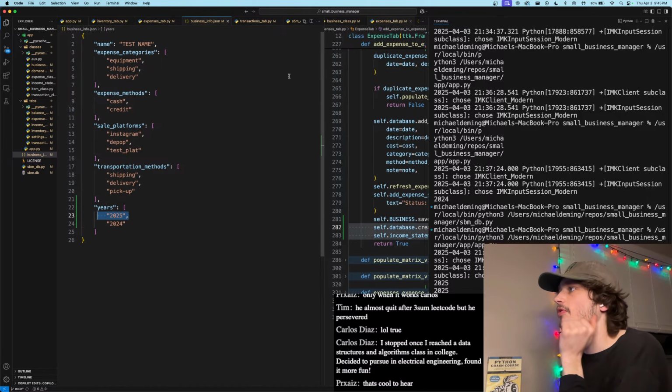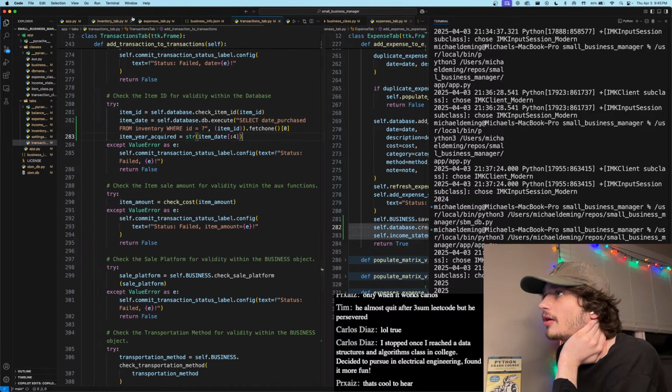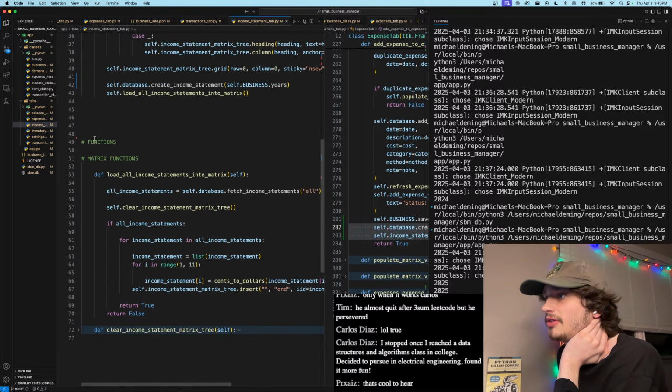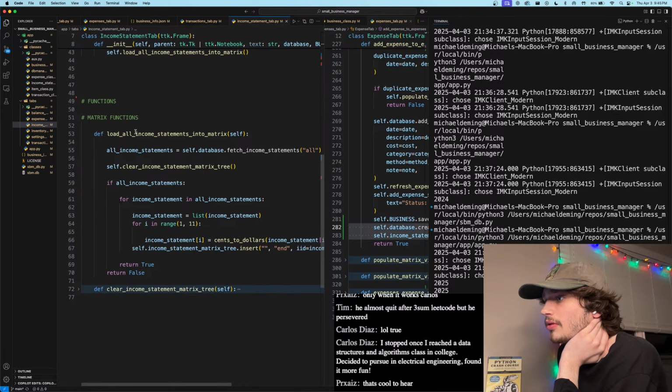Okay, this one comes first. So it might have to do with our loop actually. So let's go to our income statement. Right, we're saying for every income statement, we're going to populate it onto